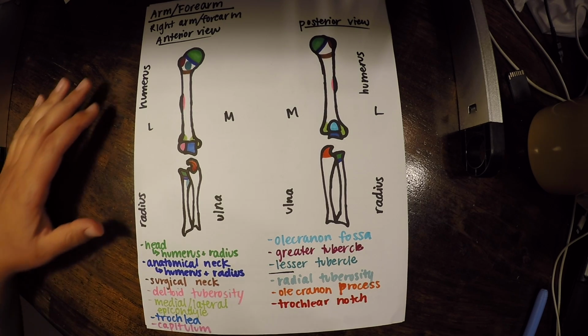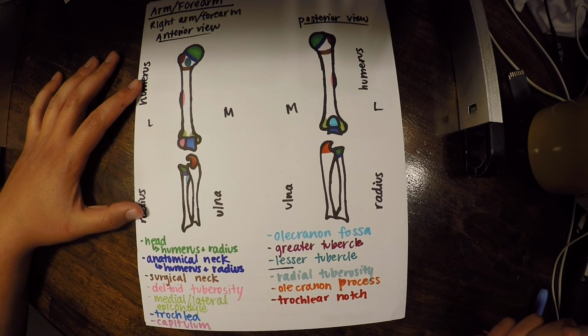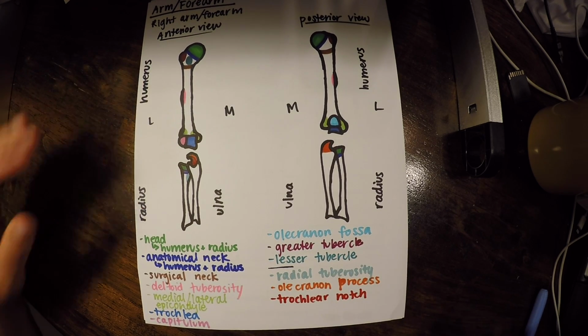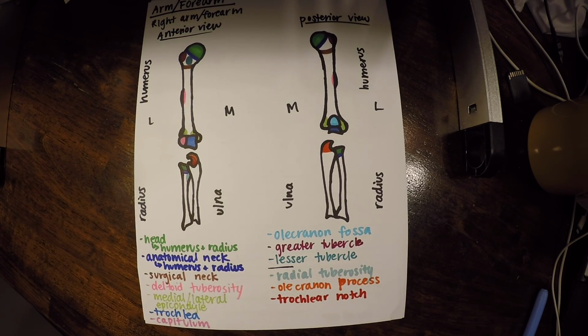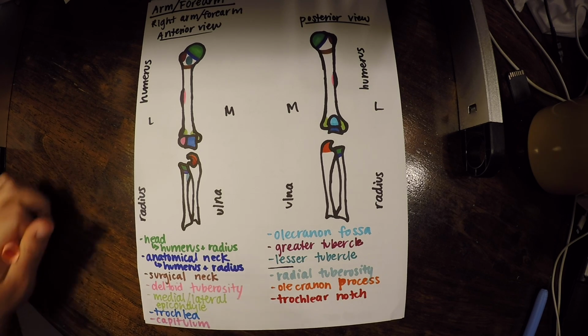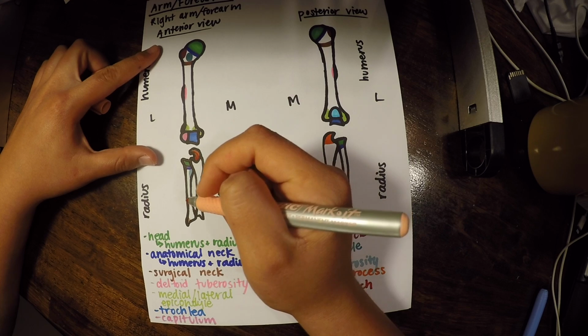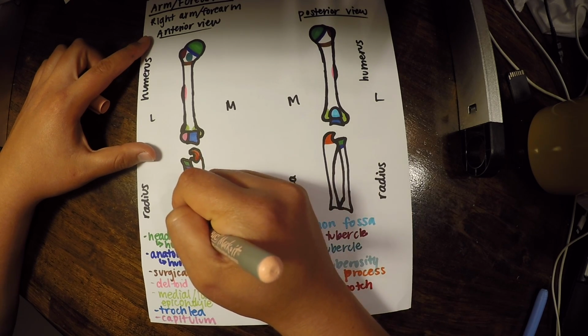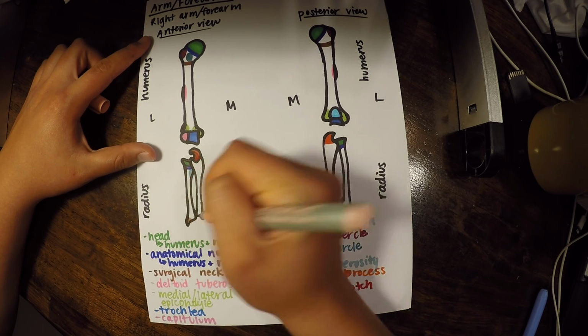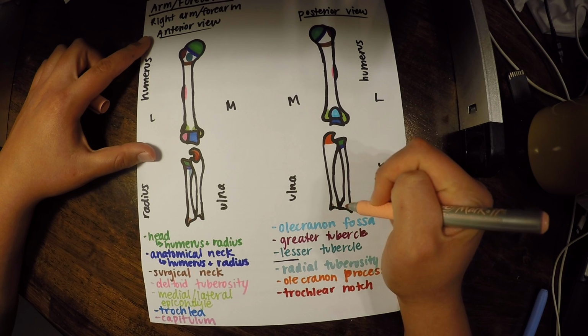Now the last thing that I want us to label here is something called the styloid process. Remember, we had one of those up in the skull as well, but this one is a little different just based on location. So we're actually going to have the styloid process of the radius and the ulna. So I'm just going to draw in this peach color. It's always going to be most lateral or most medial. These little pieces poking out right there.